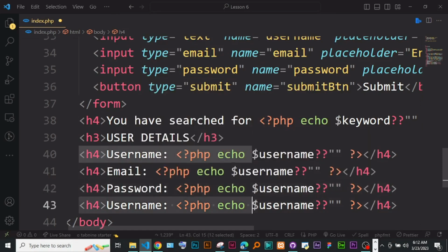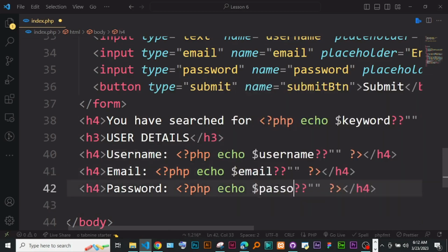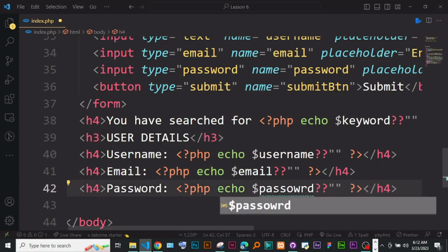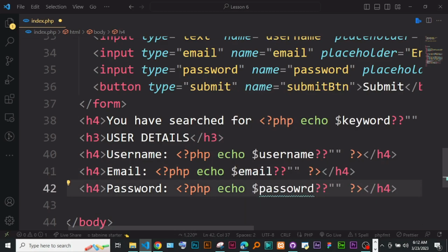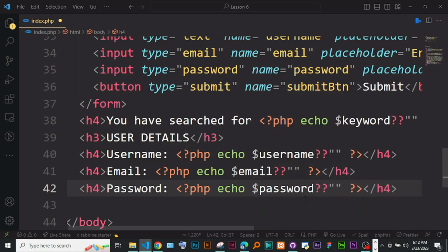Okay, let me remove this last one, and then here there is going to be email, and password is going to be the word password. So this is how we are displaying our data here, and we're ensuring that we put this fallback of an empty string as the default value if this is not